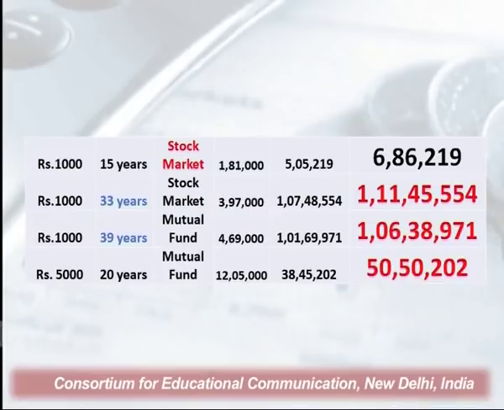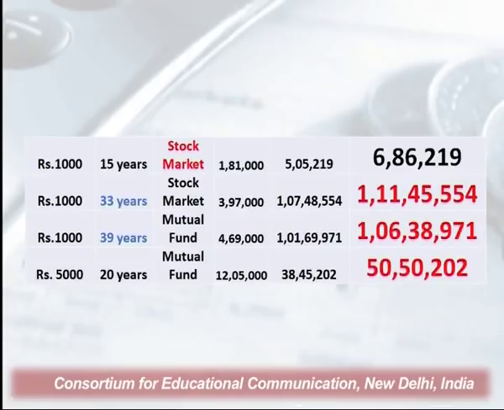So if you want 50 lakh rupees after 20 years for your kids' education or the marriage of your kids, how much should you start saving? How much should you start investing in a mutual fund as a systematic investment plan? Maybe a systematic investment plan of 5,000 rupees per month. If you invest for 20 years, you will build a corpus of 50 lakh rupees. So your total investment will be just 12 lakh